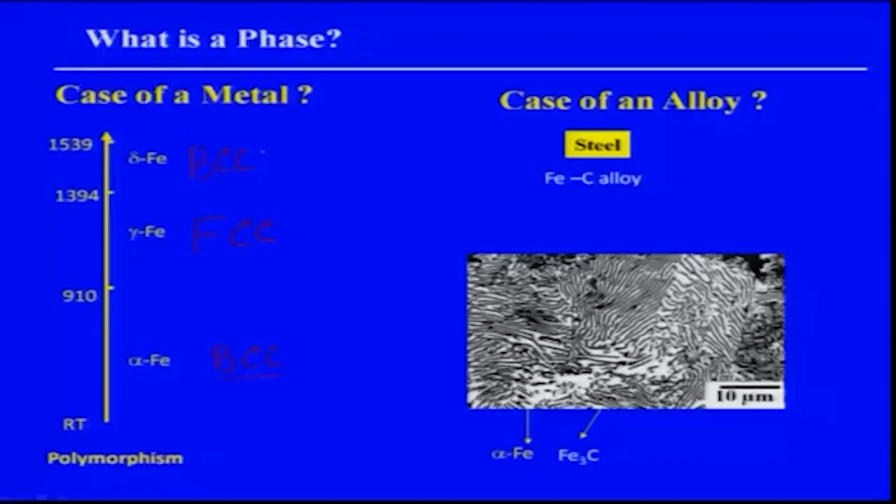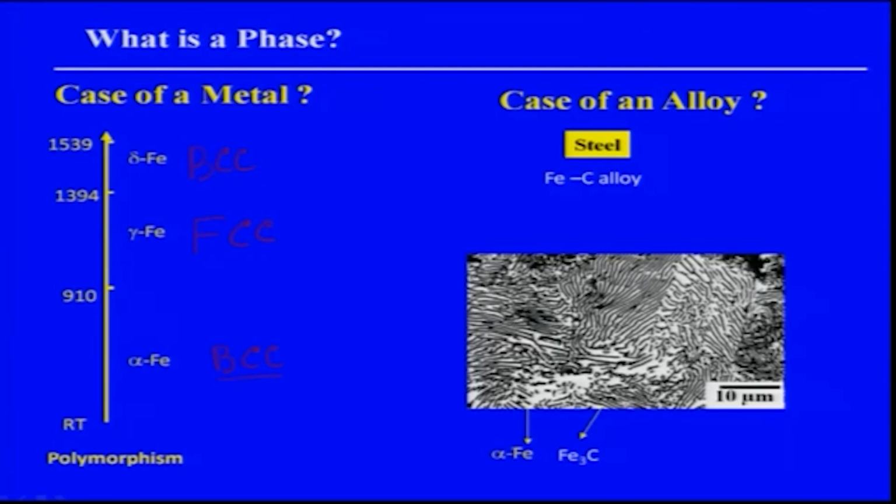Now, what about alloy? If we consider a simple example, steel, because iron is related to steel, steel is nothing but an iron carbon alloy. You add a little amount of carbon into iron to produce steel. But if you do that, you create a so called complex microstructure, which looks like a lamella consisting of many lamellae. And if one does careful study of this, it is well known to everybody now that this is what is known as pearlite. It looks like a pearl, that is why it is called pearlite.